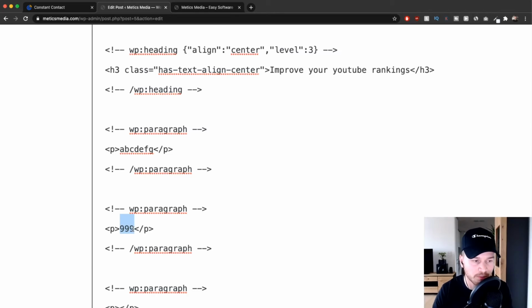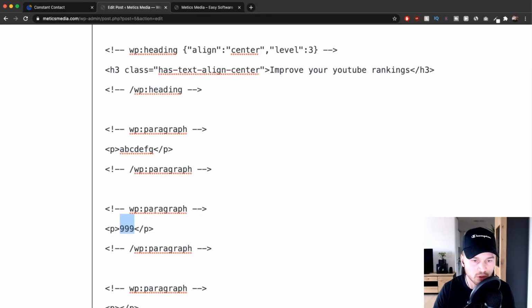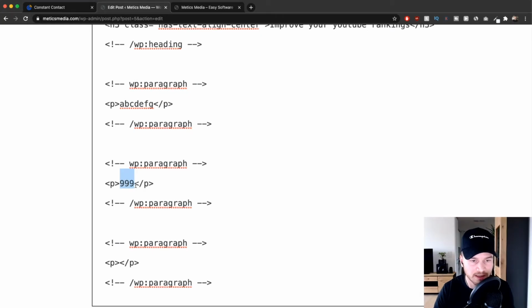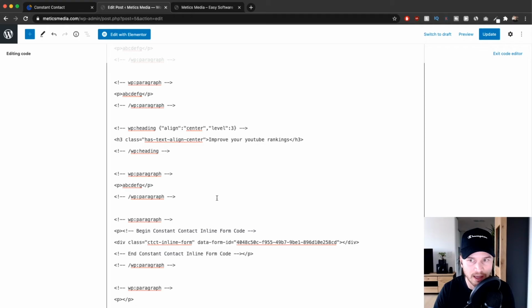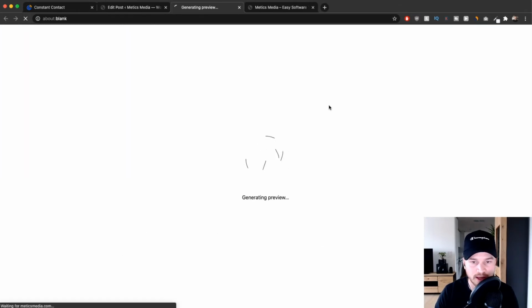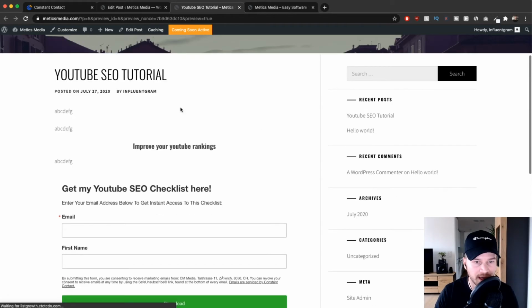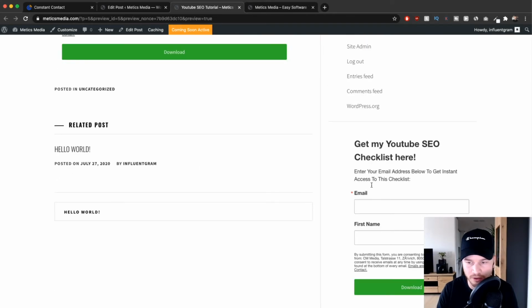So this is where I want to put that registration form. So again, I just copy my inline code right here, go back to this code editor, and then replace that 999 with that code. So I'm just going to click paste and then click update right here. Once it's updated, we're just going to click on preview, open in a new tab. And as you see, now we have this registration form inside of our blog post,